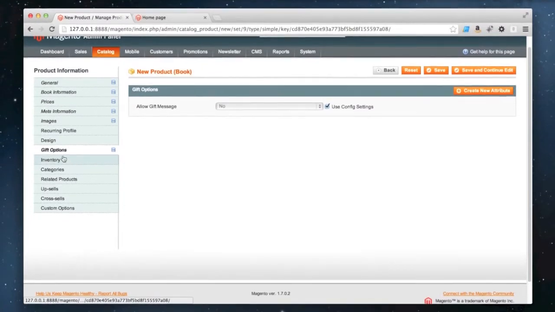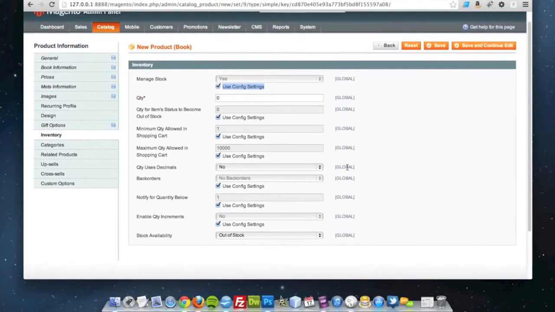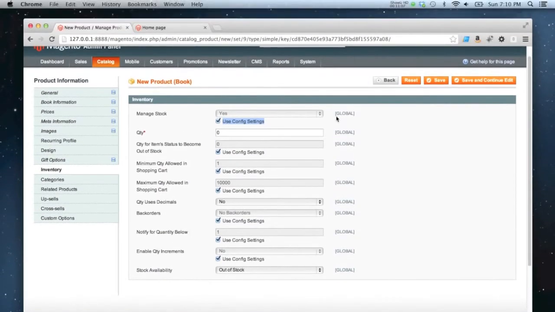So the next tab is inventory. Overall we've got manage stock set to yes, and that's using the config settings. Anywhere you see this, it's basically taking our global configuration and applying it to this product. I've got stock management enabled for all products on the site at the moment, and I'm going to leave